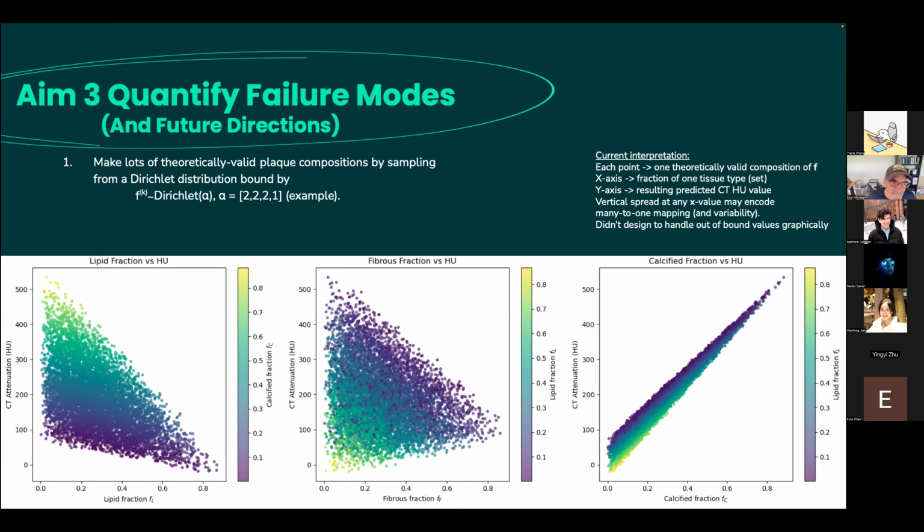Now, for each point listed here, each one is theoretically a valid composition of F. So I constructed it such that each point would be adding to 1 with a full lipid, fiber, and calcium contribution. And then just kind of threw them at the math and saw what happened. But if you hit the next arrow here,